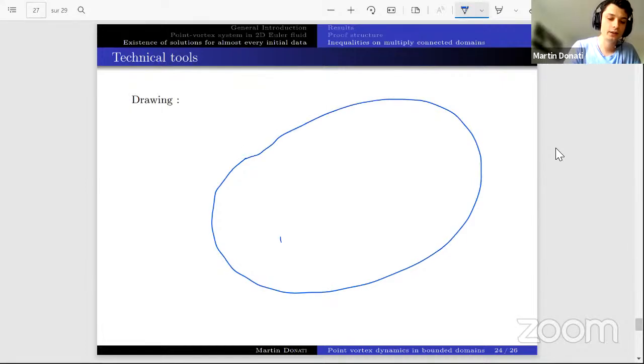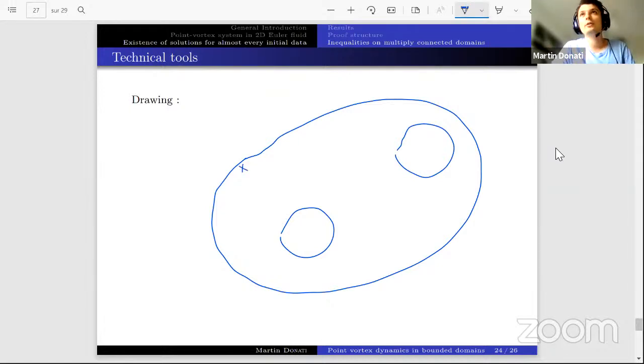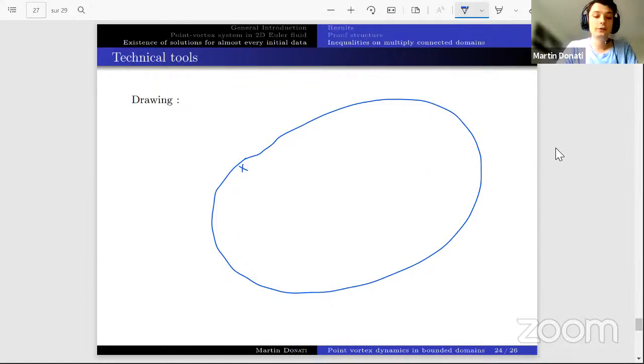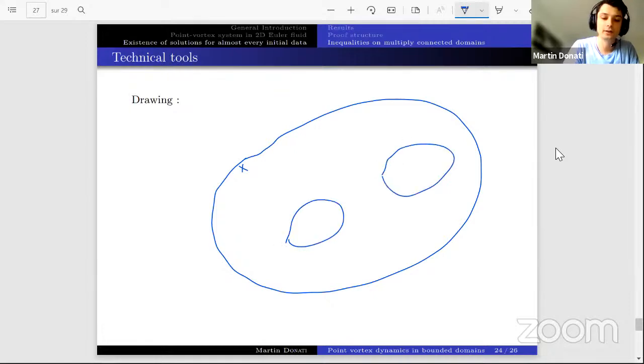The idea is that if you take a domain with any number of holes, when you have a point close to the boundary, which is the case when you have a singularity, actually the Green's function looks like the Green's function of the domain without the holes. So if you can prove it for the domain without the holes, then the difference with the case with the holes will be something bounded. And since we only have to show that some integral is finite, a bounded quantity is not a problem here. So this is how we do it.